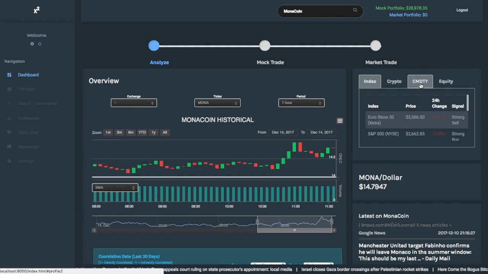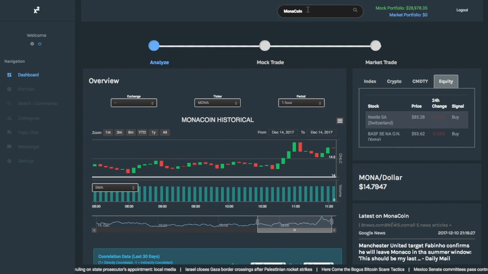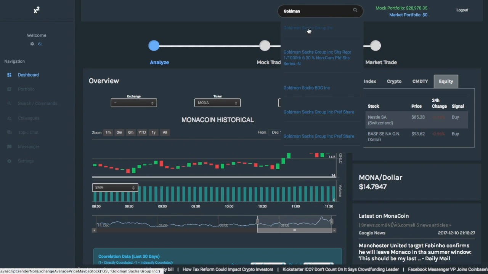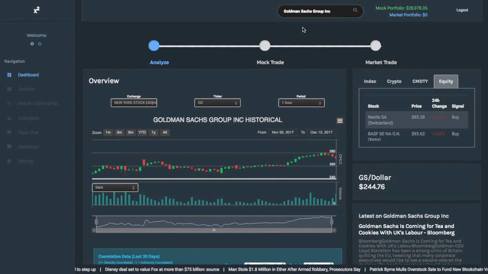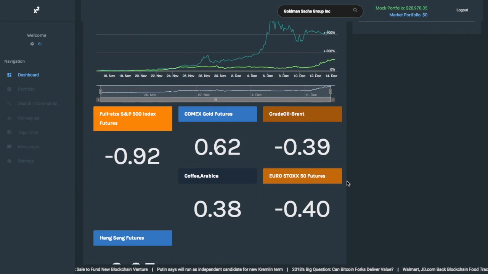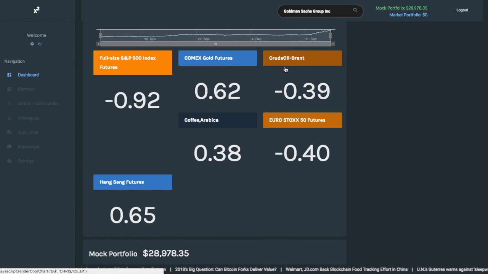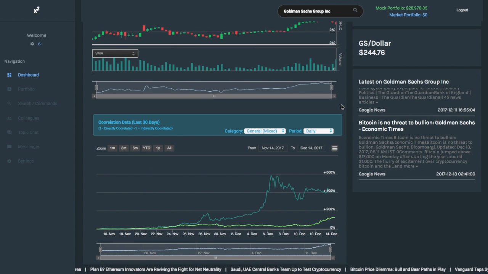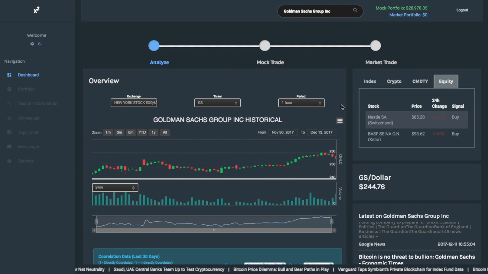Of course we still have these features where you can see different equities and things like that. And we've actually added some really exciting features. For example, last week we showed Goldman Sachs. We do support stocks. So if I click on Goldman Sachs, not only can I get the pricing data, as we saw last week, and the latest news, but I can also see its correlation with major indexes and commodities, etc. We're going to work on making this a little prettier, but basically it's the same deal, but for traditional currencies as well. So it's not just for cryptocurrencies. You can see the overall market.